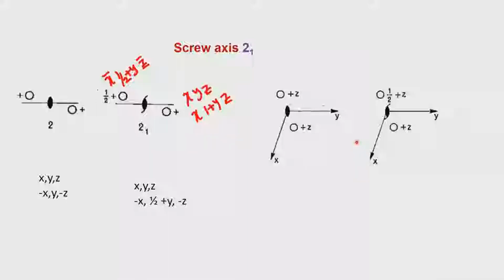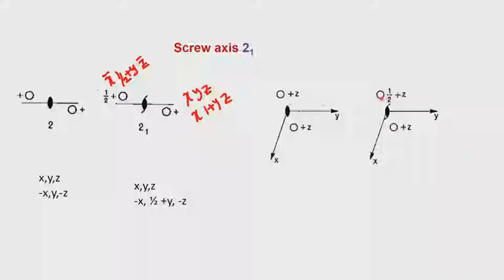Now what happens if the non-unique axis has a screw system? So it now possesses a screw periodicity. Then we have a screw symmetry. Then we have this plus z, and the twofold rotation takes it up there, and we add a half to the z value.